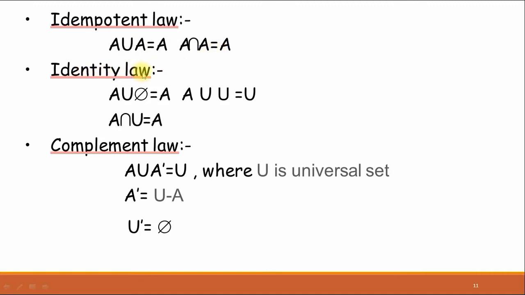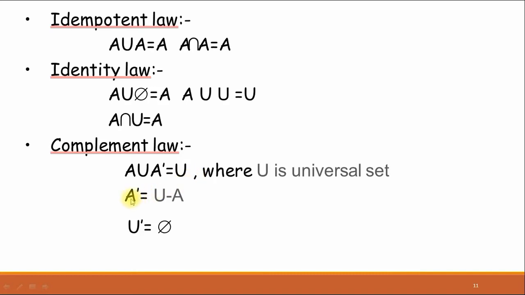And identity law says that A union empty set is equal to A, and A union universal set is equal to universal set. Similarly, A intersection universal set is equal to A. Now complement law. In the complement law, A union A complement is equal to U, where U is the universal